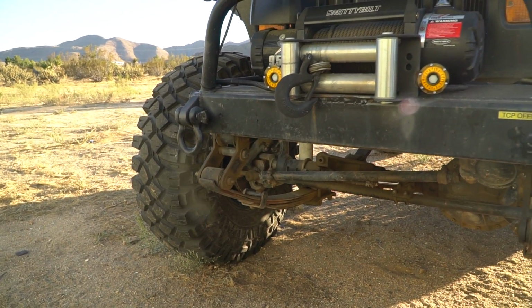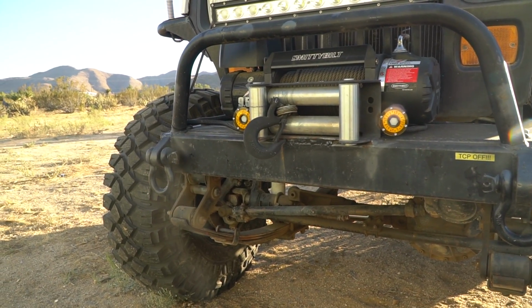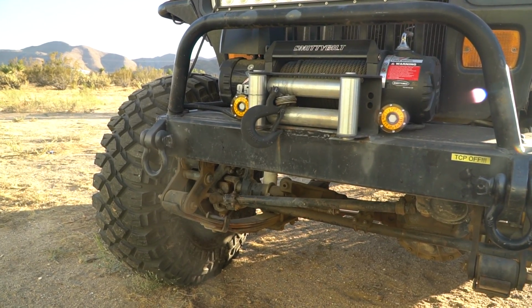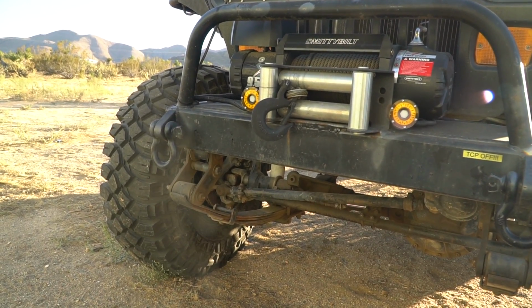But as of now, it's got version 1 custom made by me electrical harness, 0 gauge wire for the starter and the winch and that kind of stuff, and